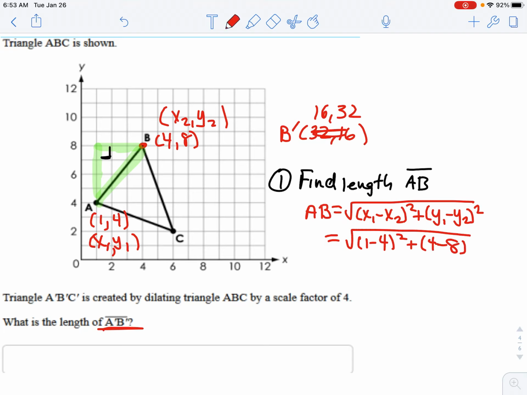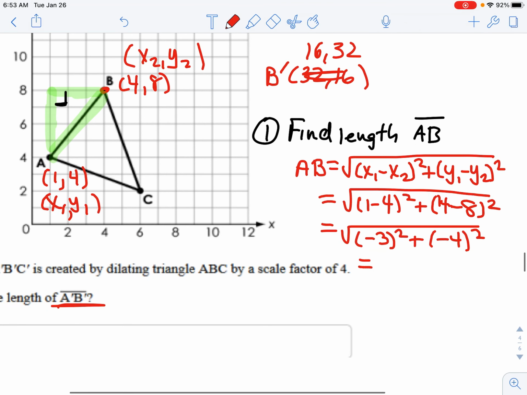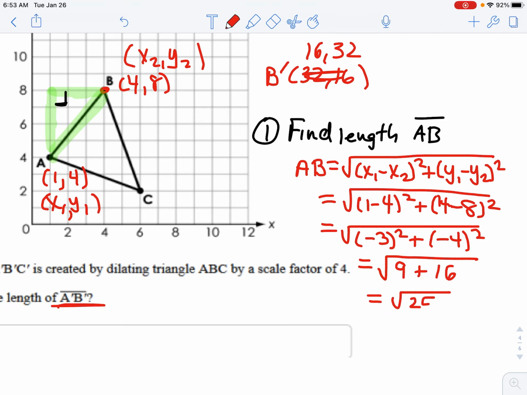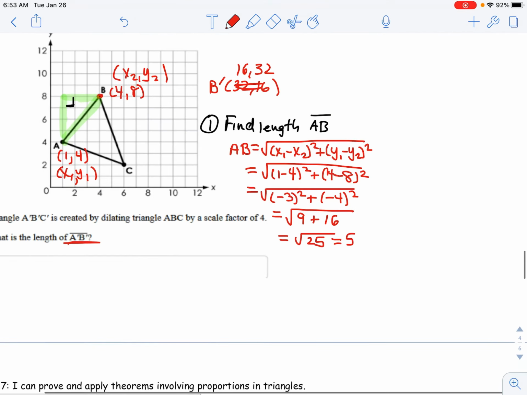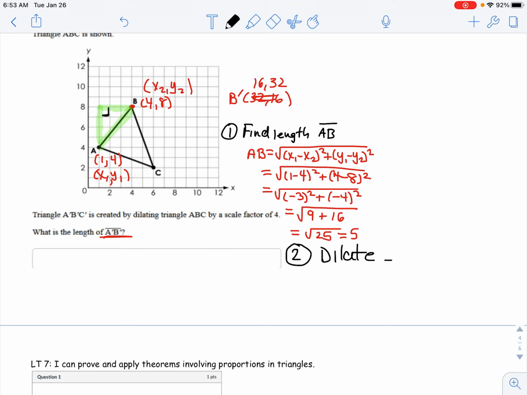So like I said, even us teachers, sometimes we write down coordinates wrong. It happens. Really just try your best to eliminate silly mistakes, and that's why I labeled everything. Notice how I was able to catch my mistake because I'm not just trying to blindly punch in things into the distance formula. Alright, I'm actually labeling my points, labeling which one's x1, y1, so on and so forth. I was able to catch my silly mistake. Silly me. Alright, first time I ever made a mistake. I'm so embarrassed. Alright, so I found that now I'm going to dilate AB